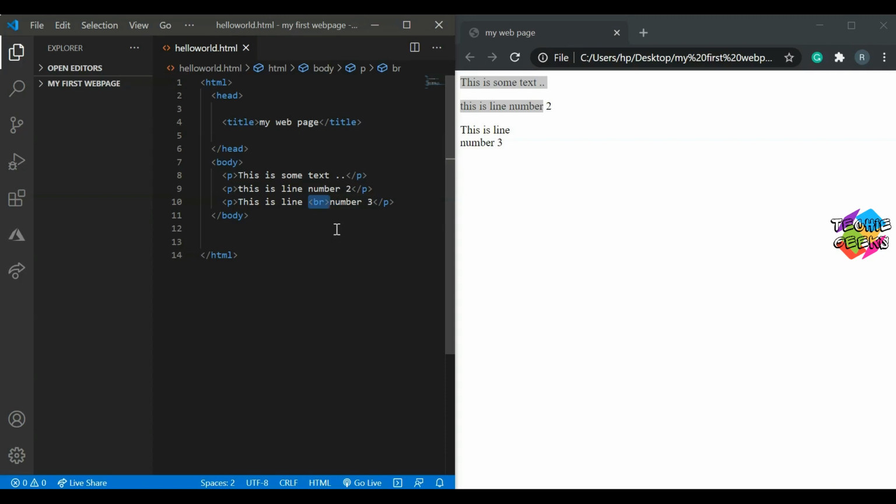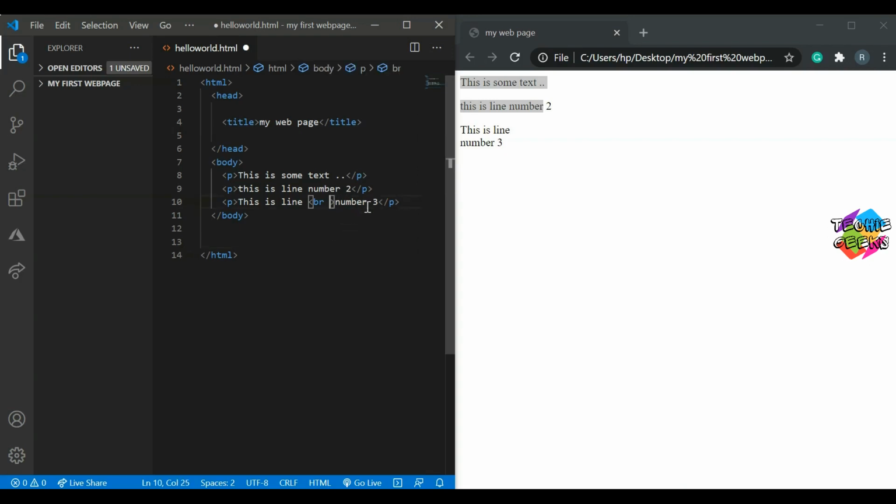So the BR tag is called a self-closing tag, and in some cases you might notice that people use the BR tag like this. This was the syntax in XHTML, which is an ancient version of HTML, but nowadays in HTML and HTML5 we don't use syntax like this.